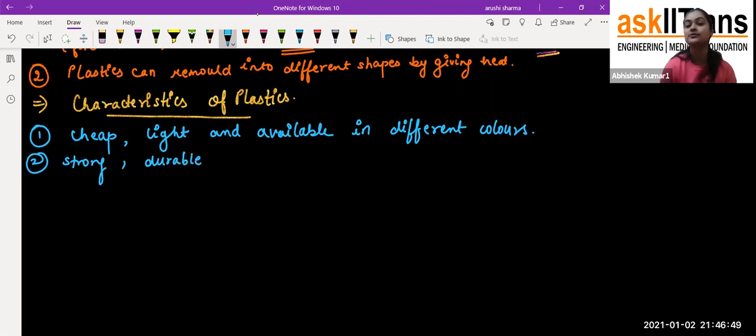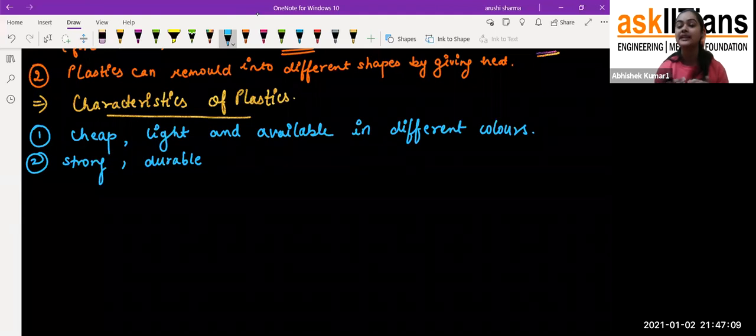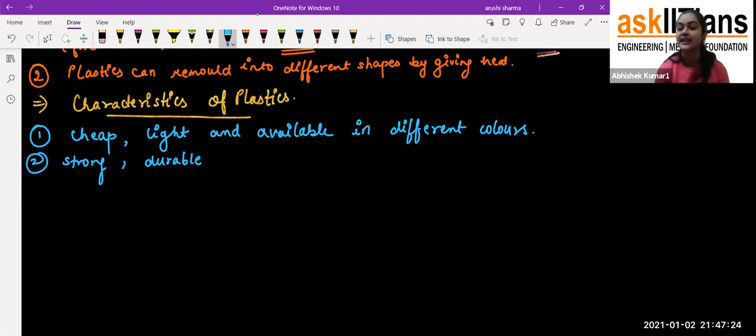It's not like the buckets, the plastic buckets or plastic mugs which we are using in our houses. If we take one difference here, the iron buckets, if we use water in them for daily purposes, after some time we can see a brown colored layer over them. It is the rusting of that iron bucket. That means the iron is corroded, or you can say that it is destroyed. But the plastic buckets which we are using do not get destroyed by the usage of water, because they are very less reactive towards it. That is why they are long lasting, durable.